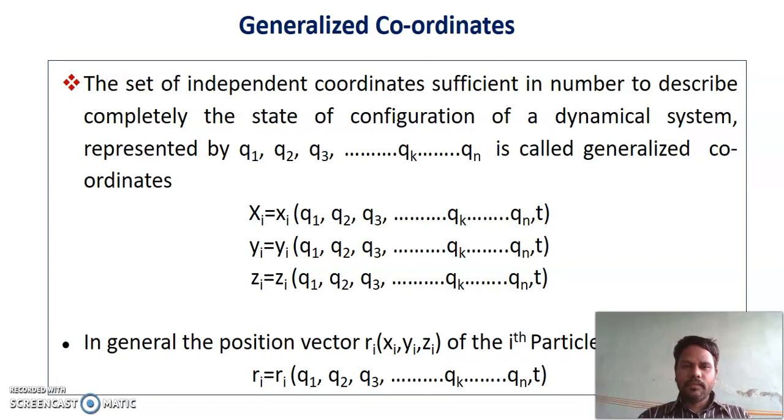Let us consider a particle moving along the circumference of a circle. Generally, we need r, theta coordinates to specify its position. However, if r is constant, only theta is sufficient to describe the position of the particle. Similarly, for a particle moving on the surface of a sphere, we need theta and phi. In general,